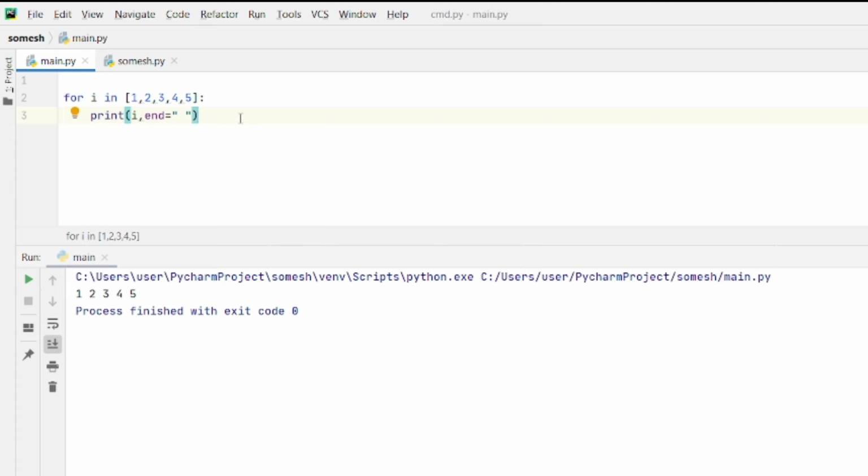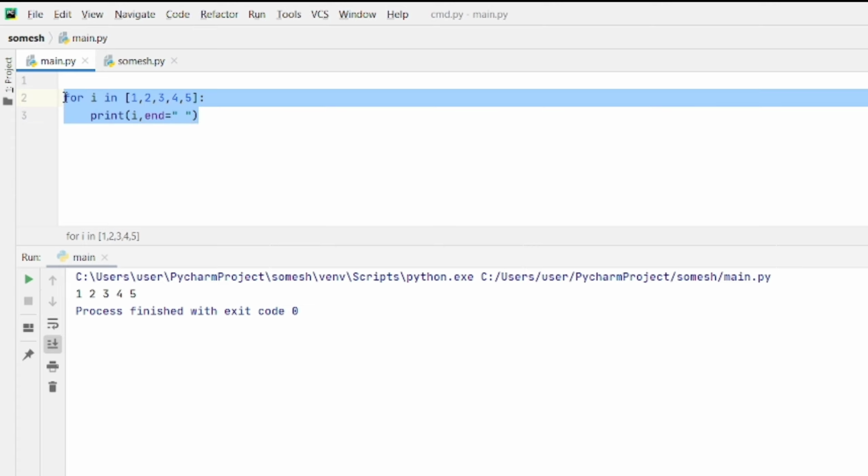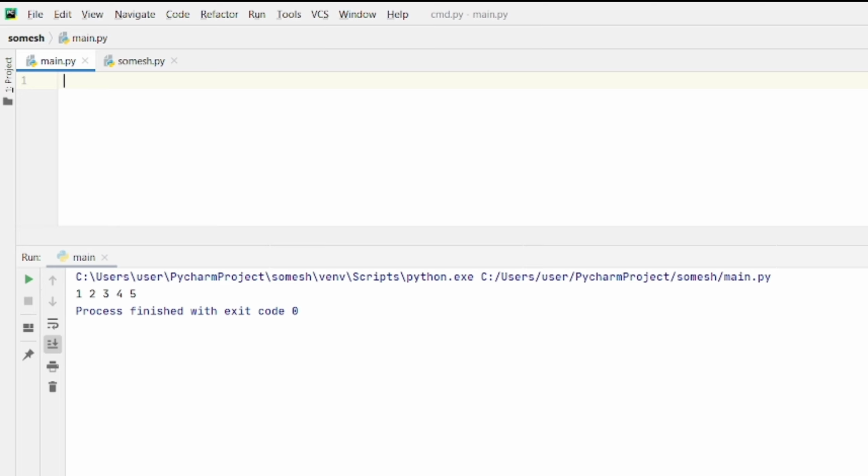Now we'll see how to use if in the for loop. For example, for i in range of 1, 31, 1. See, here I am taking starting value as 1, ending value as 31. It will go till 30 and it will take step value as 1.